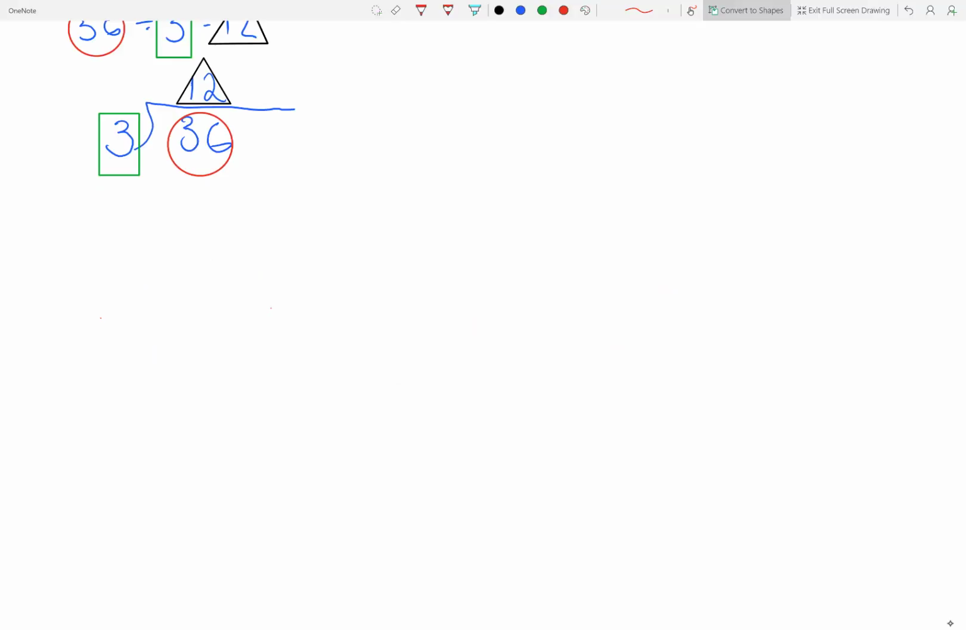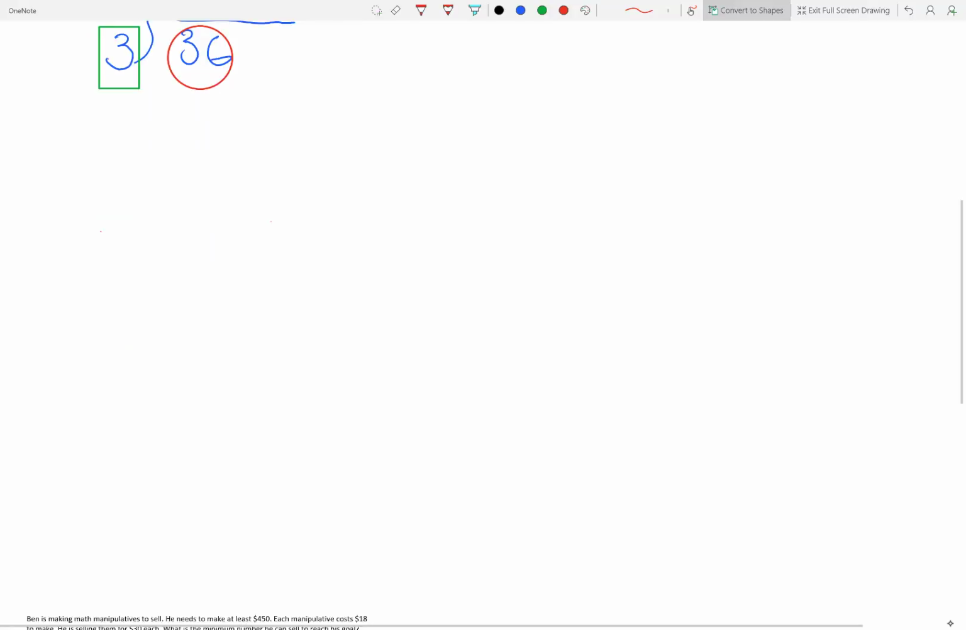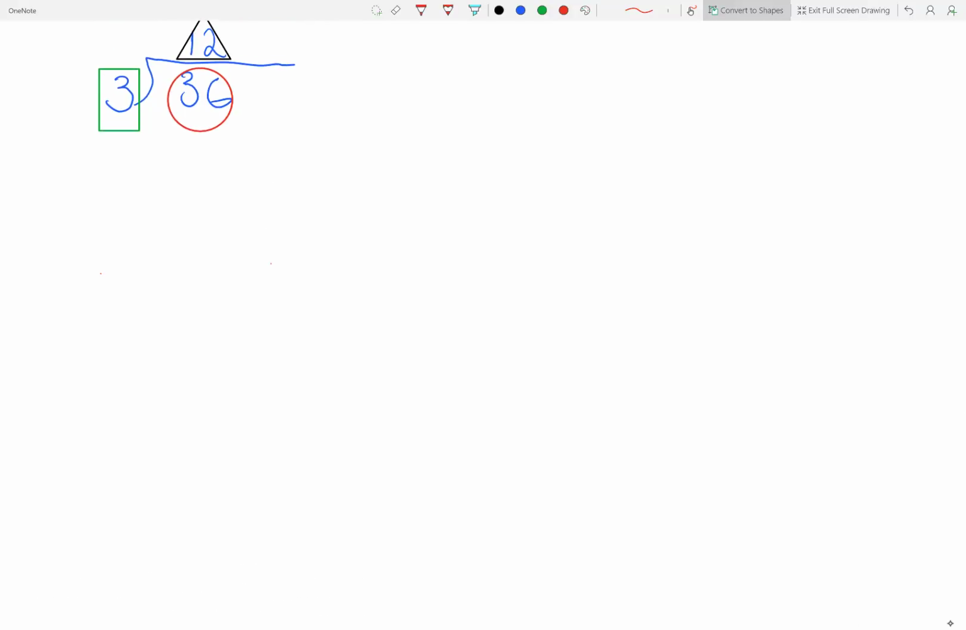Long division with decimals. Now, the thing you need to remember about doing long division with decimals is that you need to change the divisor into a whole number. And you do that by multiplying the divisor by a multiple of 10 or a power of 10. So for example, if I were to write